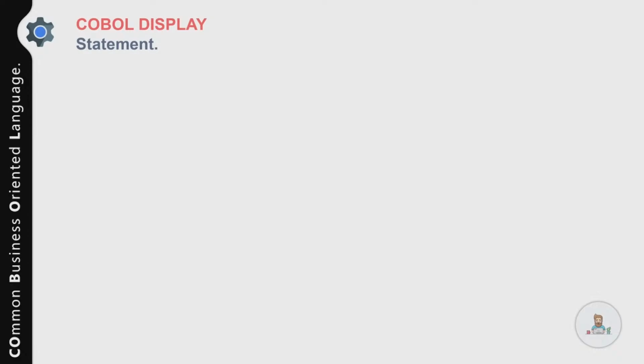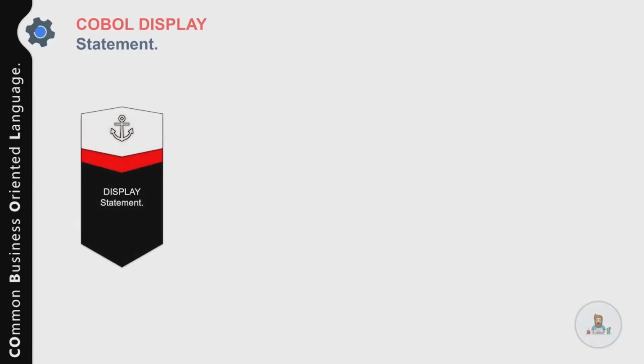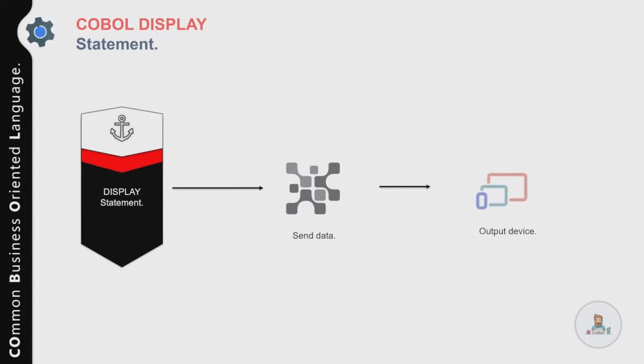The display statement displays one or more literal or variable values on the screen of a monitor or a terminal. After it displays these values, the cursor moves to the next line on the screen. On an IBM mainframe, the display statement sends its data to the sysout device, and the contents are displayed on the output device in a specific order, that is from left to right, and in the sequence that you specified